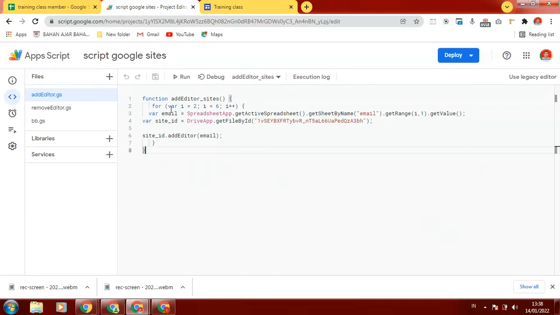We can type the script like this. Please study the script more. We name the function editor sites. We look for the email address with variable i from the second row until the fifth row.